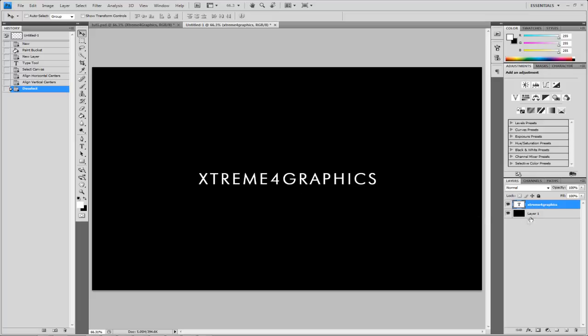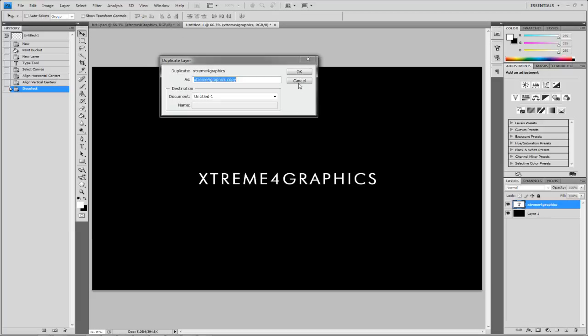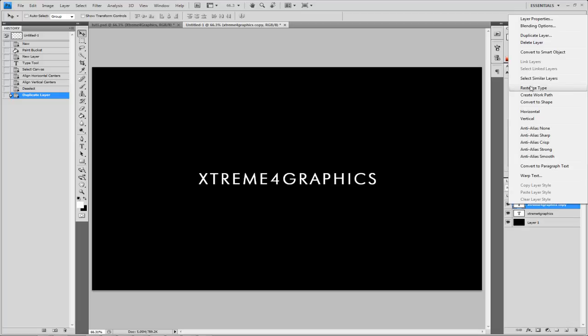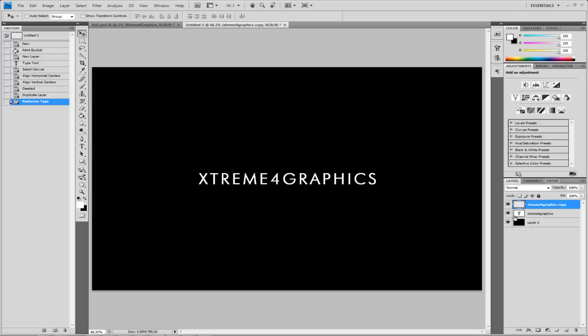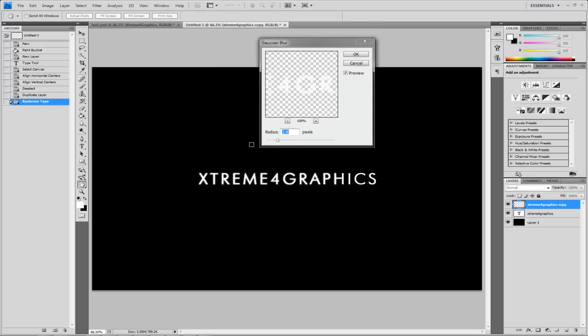And what we're gonna do here is take this text and go to layer, and then duplicate the layer. Okay, we're gonna right click it, rasterize type, and what this does is it changes it from a text layer to a regular layer. While having this selected, we're going to go to filter, blur, and Gaussian blur, and we're just going to turn the radius up a bit so we get this nice little glow